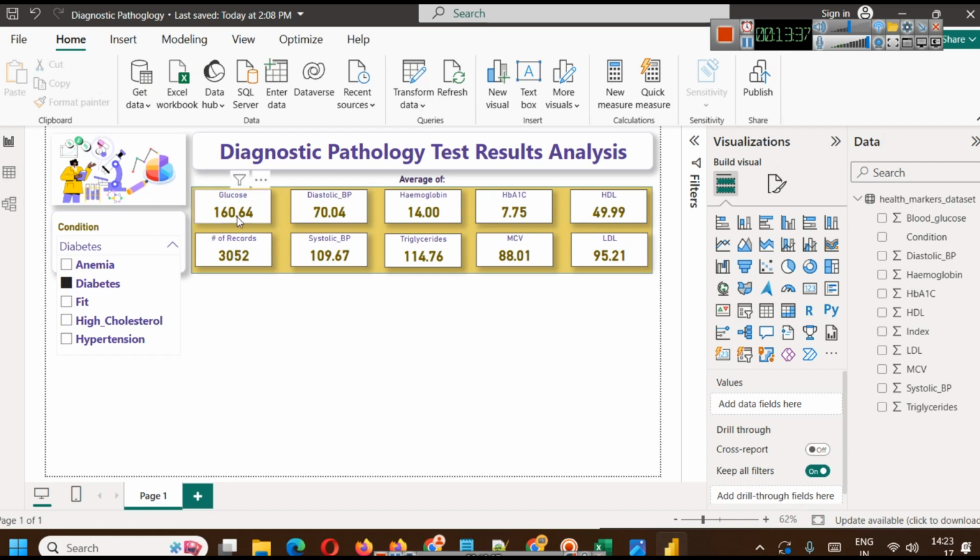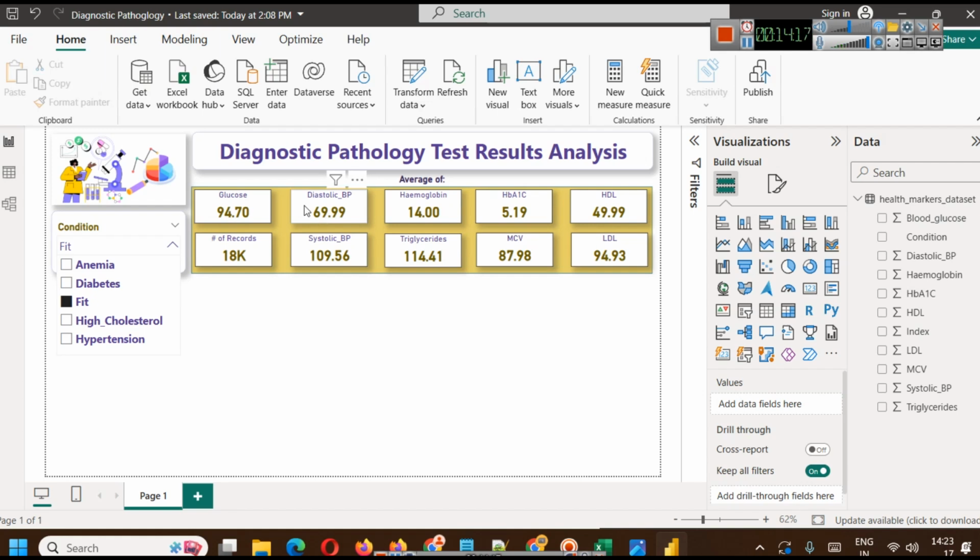You can see it is in the range of 160. Hemoglobin is good, and HbA1c is also higher for diabetic. For fit people, you can see hemoglobin is 14, and usually hemoglobin varies in case of male and female also. In this record we have mixed records, maybe, it is not clear from the dataset. We will go through the details more, but here you can see in fit people their BP range